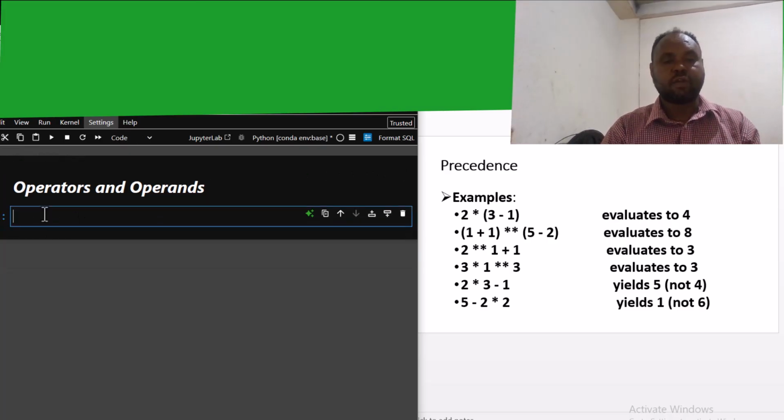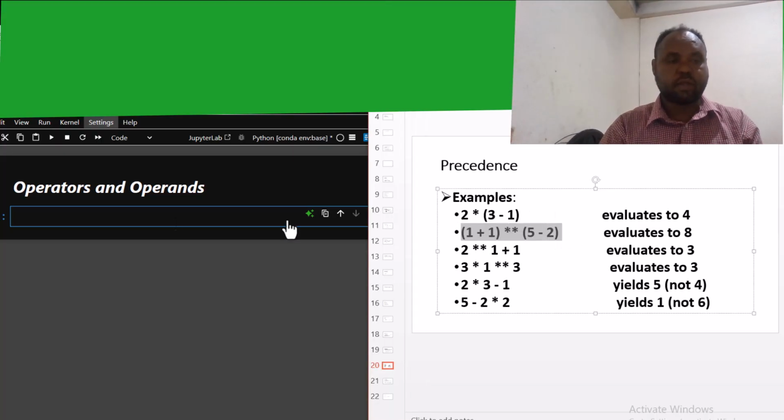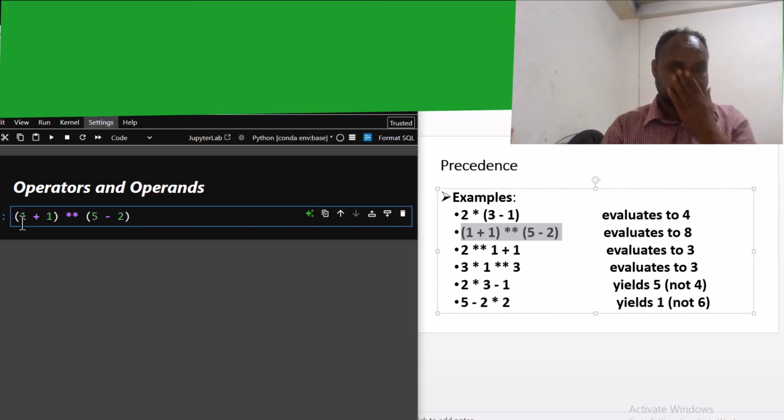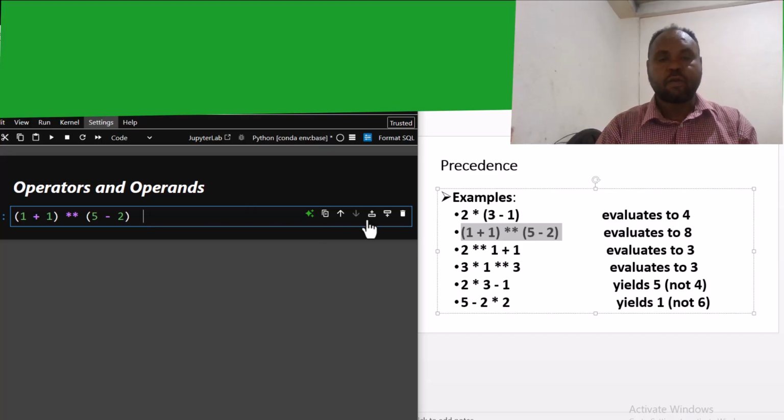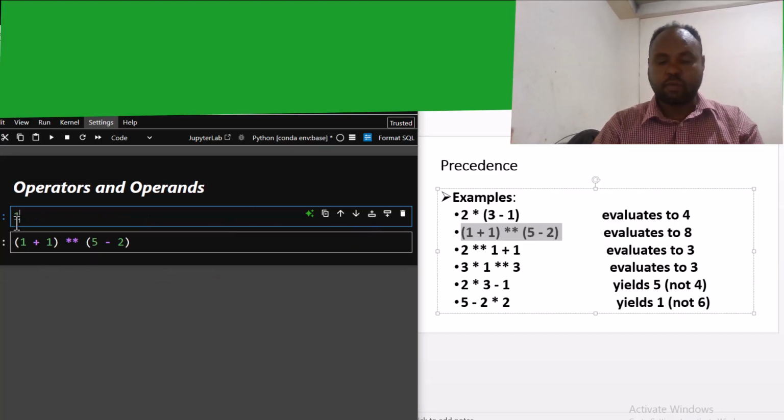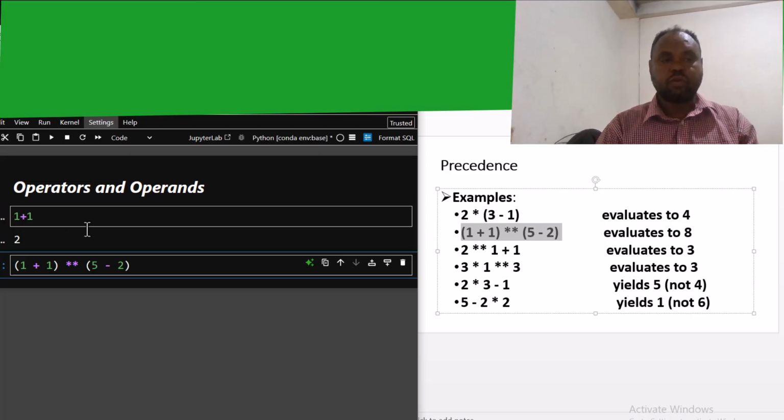Right, what about this one? 1 plus 1 in parentheses. This should evaluate to 8, because first we have to evaluate this one. 1 plus 1 is 2, then 2 exponentiated to 5 minus 2. Before exponentiation, we have to evaluate this, because parentheses have higher precedence than exponentiation. Therefore, first we evaluate 1 plus 1, which is 2, then